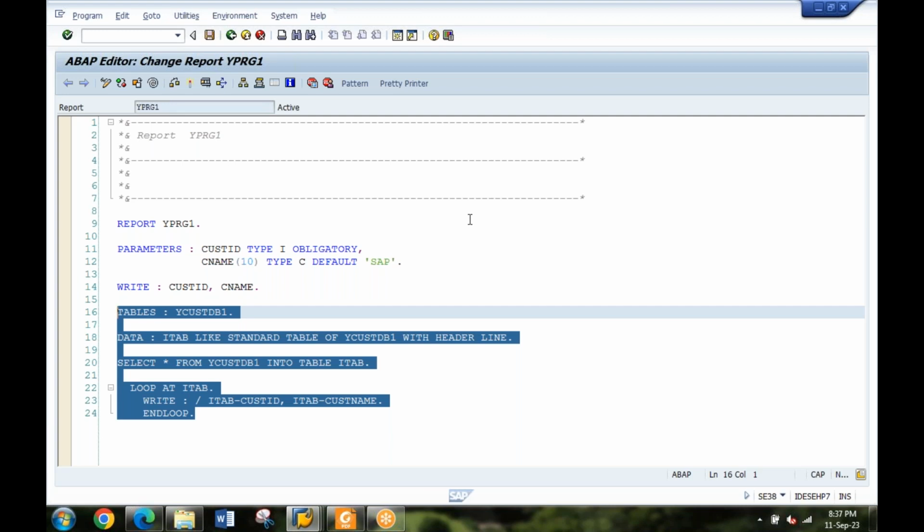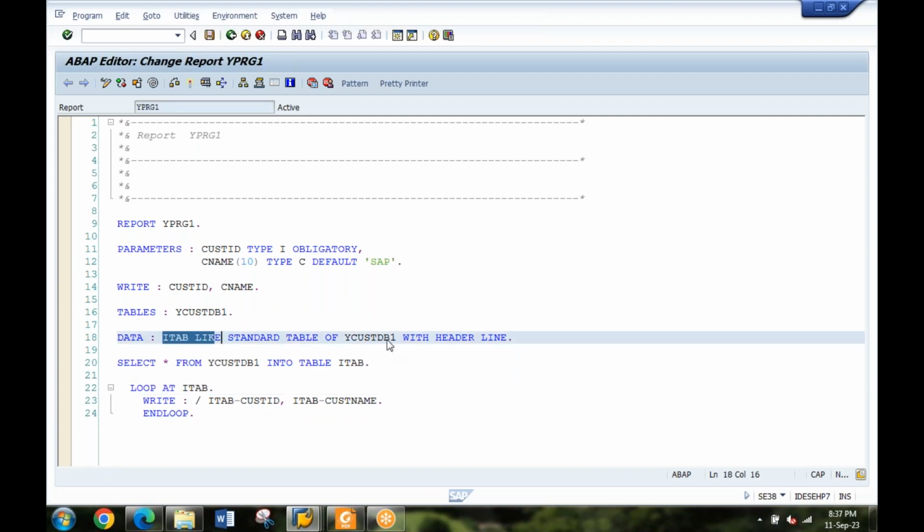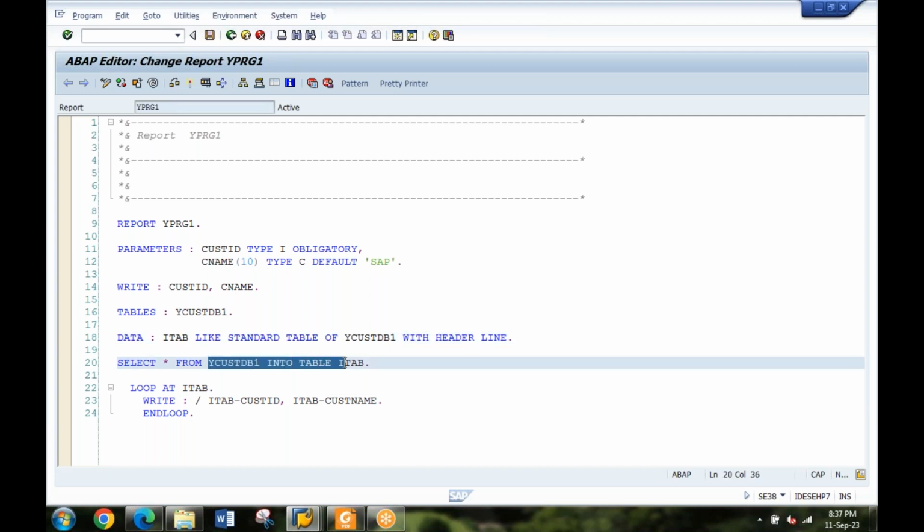Loop at itab. Itab is my object, which I have defined corresponding to the database table. I have written a query which is fetching data from the table and storing it in the internal table, itab.